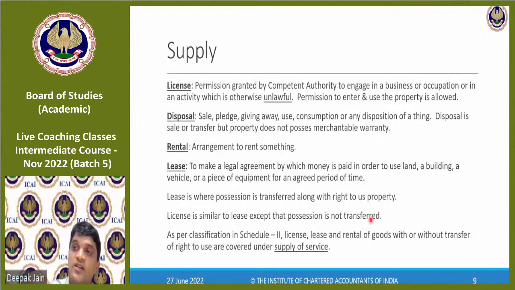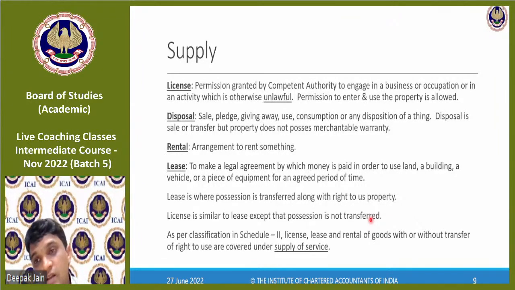But in a license, say a software license, he doesn't have a right to take possession of my property. Like I have the know-how, I'm only giving him the license to use. He cannot sell my license. He can only use my license. That's an example of license wherein limited usage is given. But in case of a lease, a right to possess the property is also given.